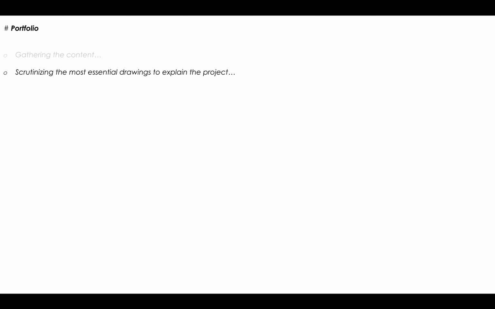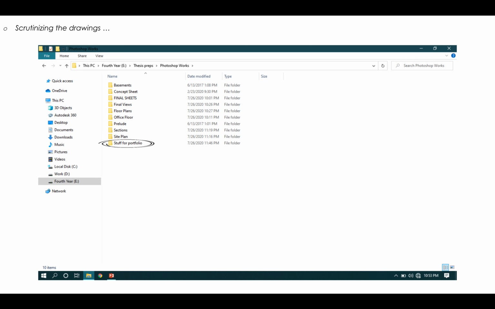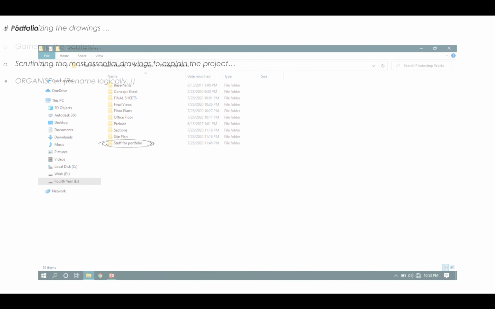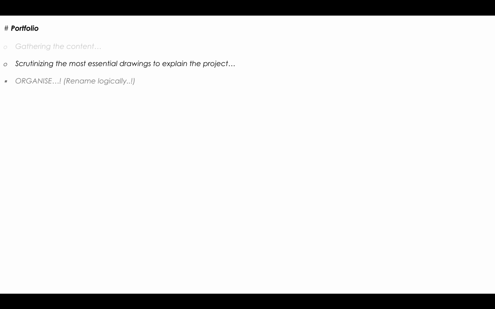Now, if you remember, we had left the last time on a folder called Photoshop Works. Within that folder, make a folder called Stuff for Portfolio or whatever you feel like. Make sure that this folder is organized in a very logical manner. And when I use the word logical, I legit mean logical. So that tomorrow you search for a file and you actually type the name and you find it. Instead of naming the files like final 3D, please save me and all this crap, which doesn't work. This folder has to have a structure. This folder has to have names which are logical.